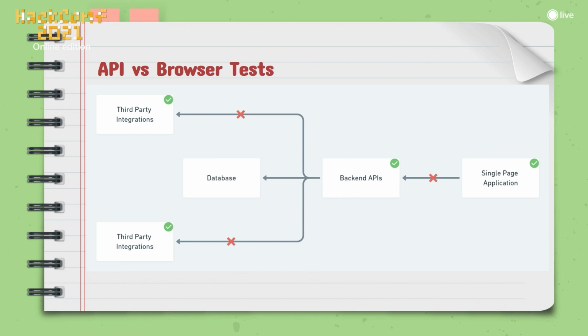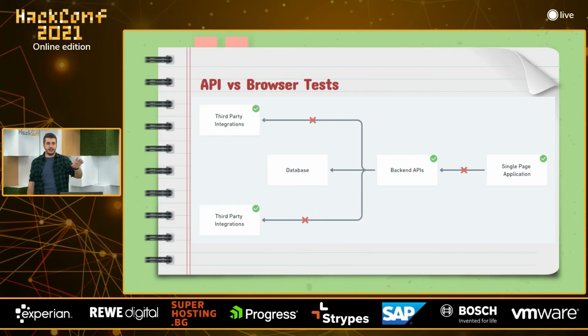Looking at our backlog of bugs that we have had in the past, we realized that our backend is pretty well tested in terms of unit tests. We have thousands of unit tests, running them on every build. Our backend is mostly working. And the same goes for the front end. It is covered with unit tests. We tend to not have any business logic on the front end, so the heavy lifting is done on the backend side. And our third-party integrations, of course, they're working, like payment providers, streaming providers, sending emails, sending SMSs, all this stuff. They're solid companies and they work.